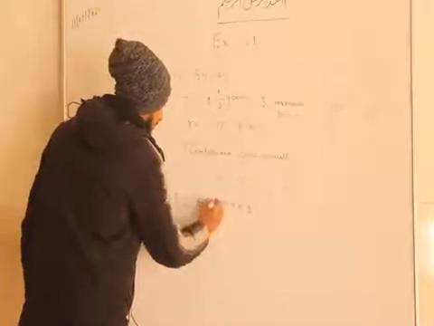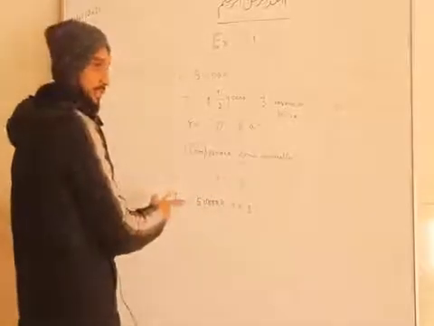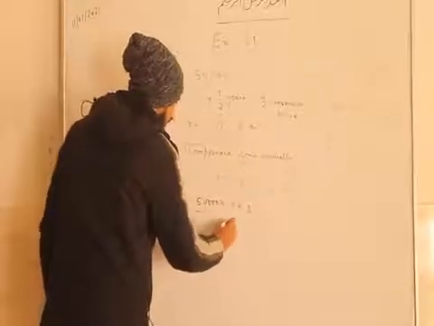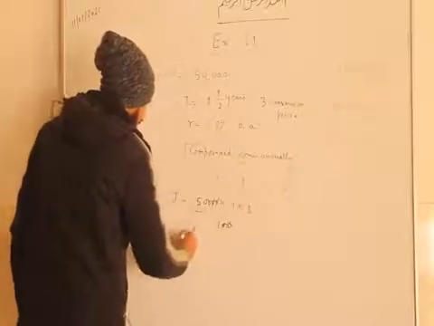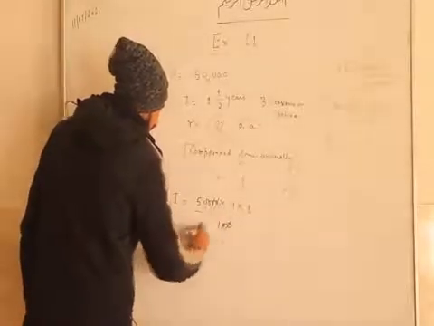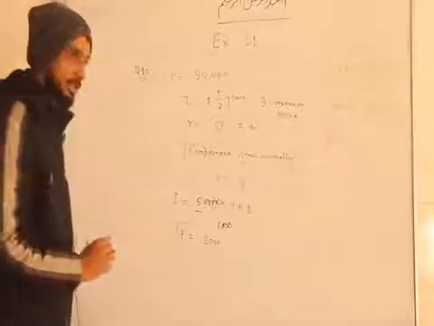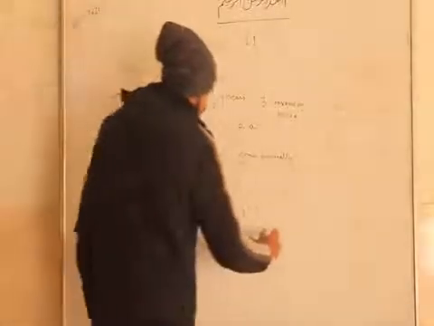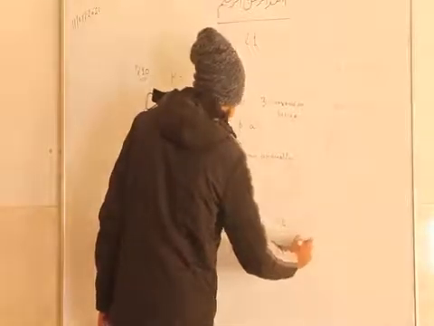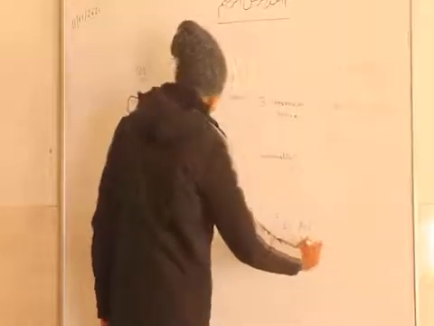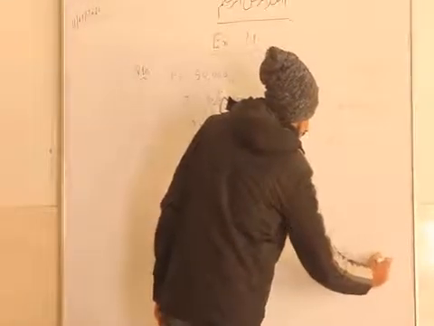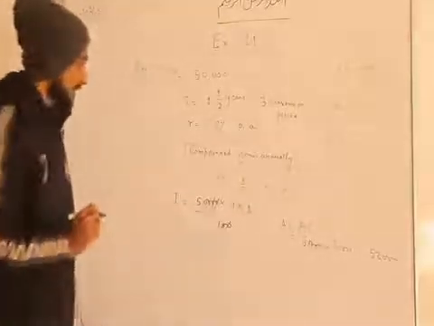P is 50,000. Fine. This is the rate of interest 4%, and 1 is the first conversion period, and here it is 100. So we will calculate, these 2 zeros will cancel out. The interest will be 4 into 5 is 20. So this is the interest for the first conversion period, that is 2,000. So now the amount will be principal plus interest. So it is 50,000 plus 2,000. So now it will be 52,000. So after the first conversion period, this is the amount.